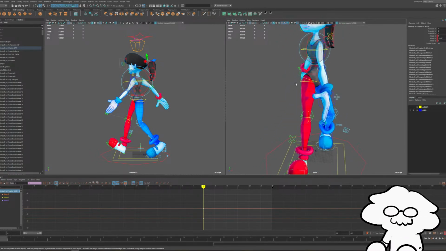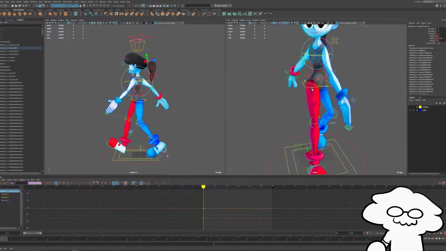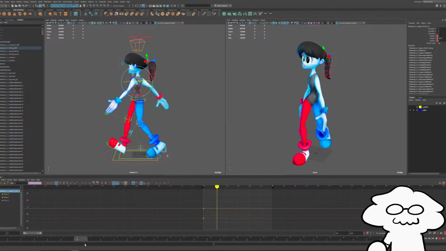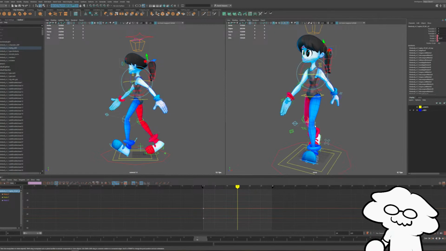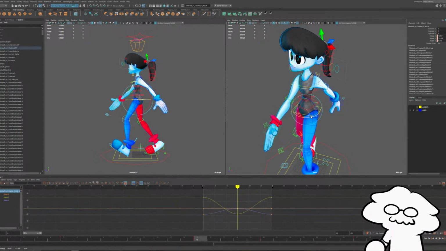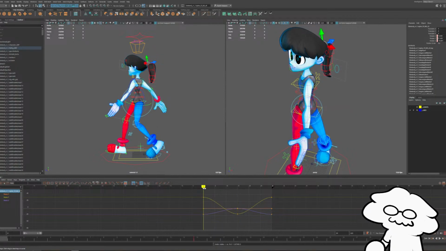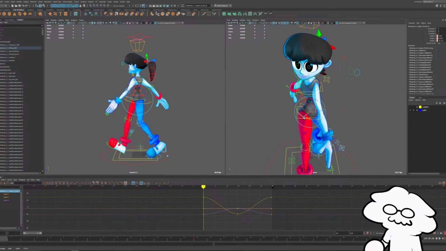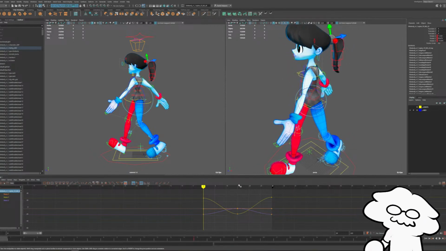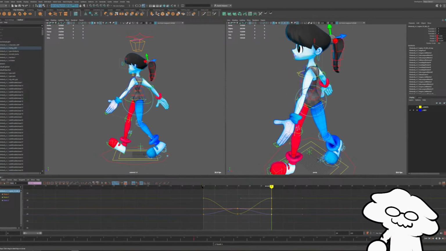So right now that would be the red leg is forward and the blue arm is forward. And then we'll do it the other way. I probably have it a little bit too much on that first frame, if I had to guess. And then we'll copy it over.